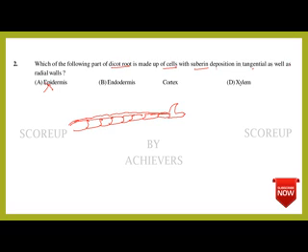Next go to endodermis. Endodermis is on the inner side, next to the cortex. Endodermis is a barrel shaped structure. In this barrel shaped structure, in the tangential wall and radial wall you can find a suberin deposition. So the answer is endodermis. There is no suberin deposition in cortex and xylem also. The answer is C.